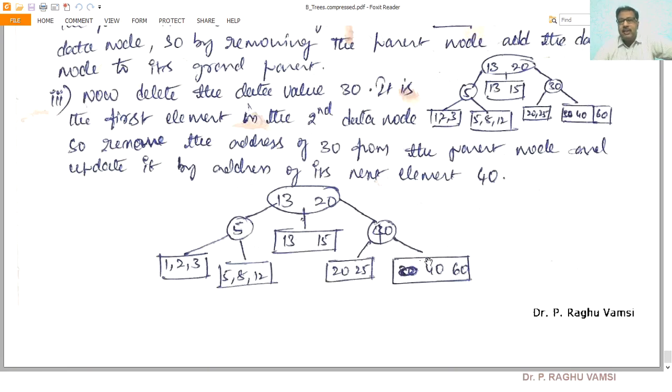So 30 will be removed and 40 is the address that should be placed in its parent. Instead of 30 here, you should replace it with 40. So these are the merging operations that you are supposed to perform at the time of deletion.